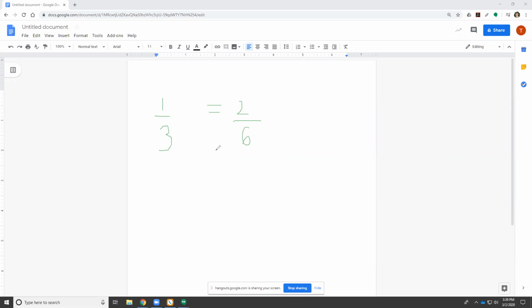So what we do in this case, so you know how the last time we divided? This time we are going to multiply. So we take a look. This is 3 times blank equals 6. What goes in the blank? Do that seem confusing? I know that could be a lot. 2. 3 times 2 is 6. And what we do to the bottom, we do to the top. So 1 times 2 is,